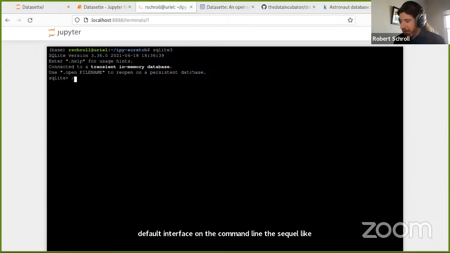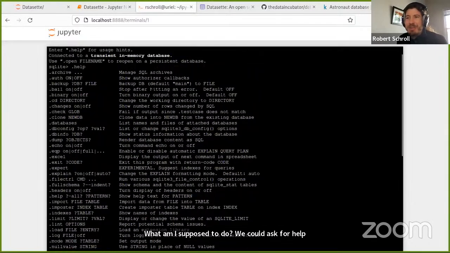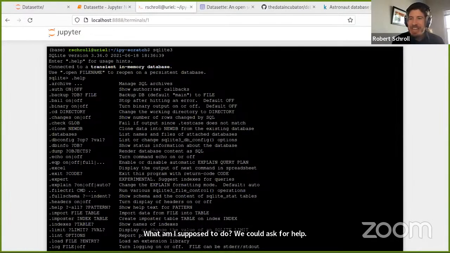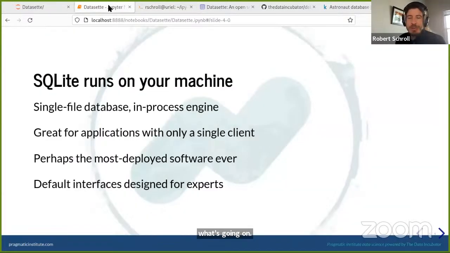What am I supposed to do? We could ask for help. Not exactly the most user-friendly interface here. It's certainly powerful. You can write all sorts of queries here, but it's really designed for someone that already understands what's going on. This, of course, is a problem with a lot of software. It's all very good once you already know what's going on, but until you get to that point, it can be a bit difficult to use.